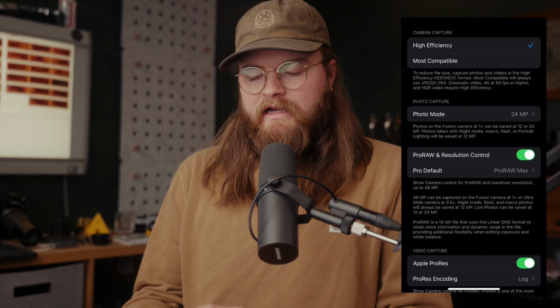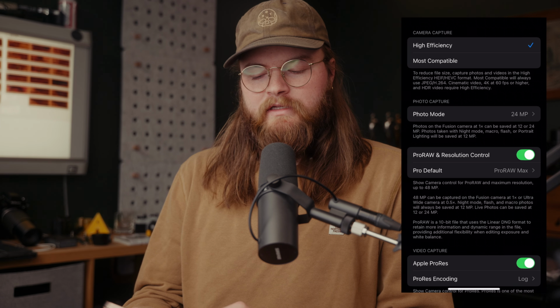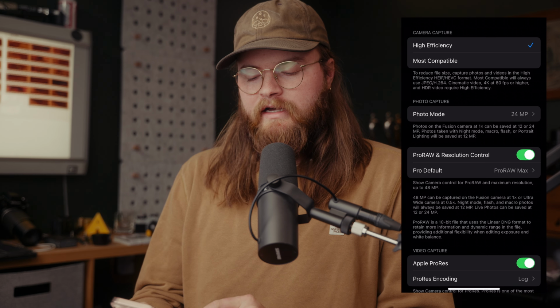And I personally shoot everything Pro RAW. So I'll toggle that on. And then for Pro RAW default, I use Pro RAW Max up to 48 megapixels, and then JPEG lossless most compatible. So the JPEG lossless most compatible basically is if you take a photo with it and then you send